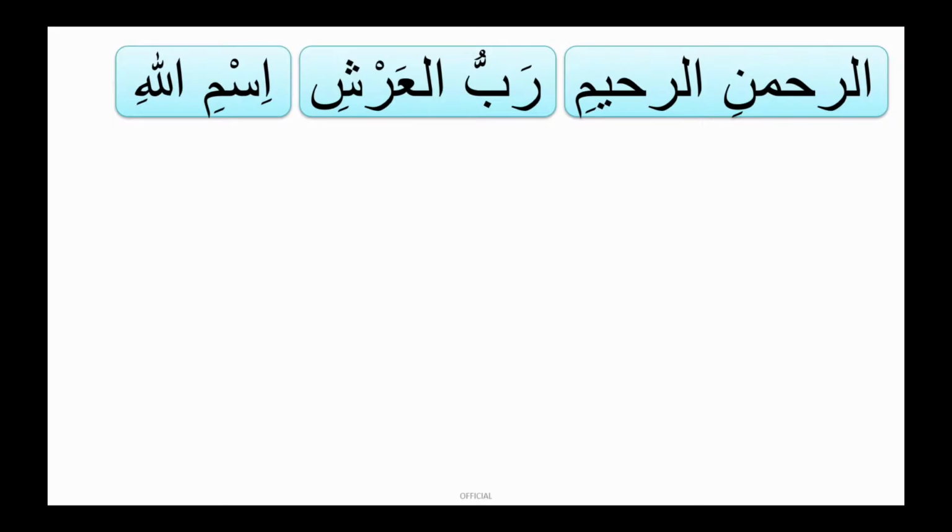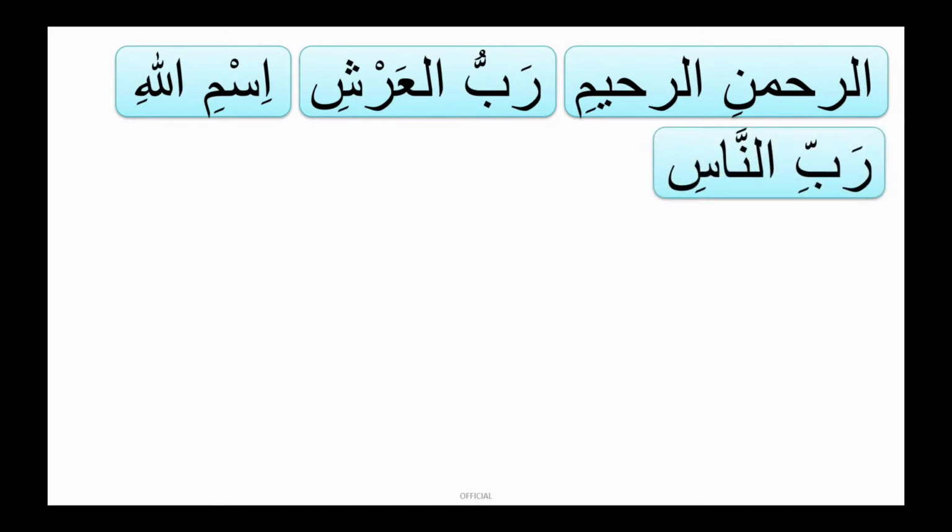Now let's check the next word immediately next to that. Is it jar? If we have the first ism which is light, and the immediate next ism is jar, both isms would form a mudaf and mudaf ilayh, which means the name of Allah. Is it clear?